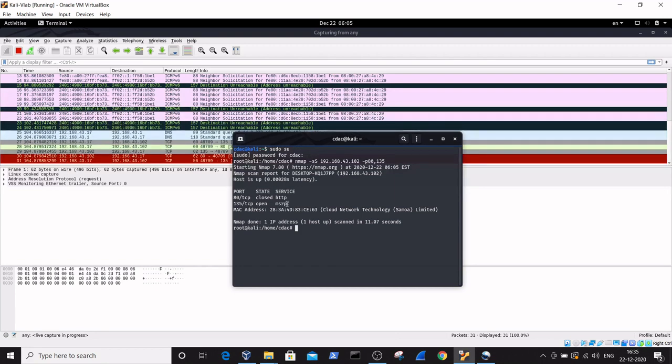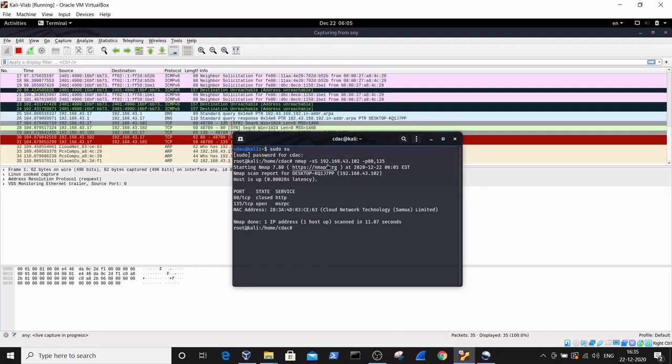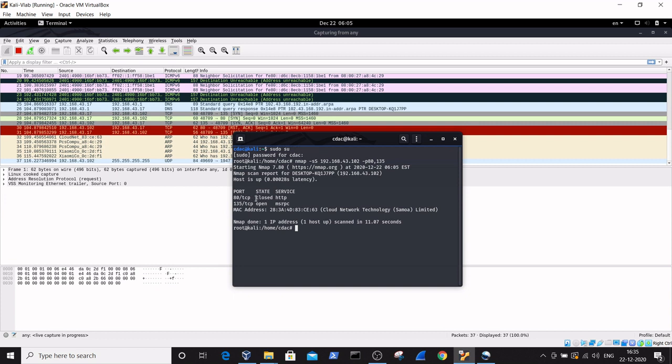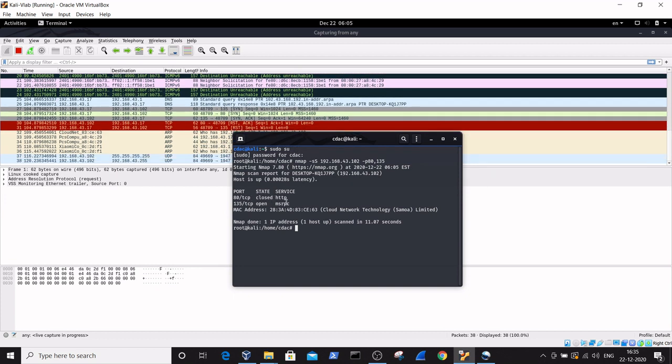You can see here the data that is obtained by typing the Nmap SYN scan command. The result is that port 80 is closed, with the service HTTP, and the 135 port, which is also given, is MSRPC, showing that it is an open port.